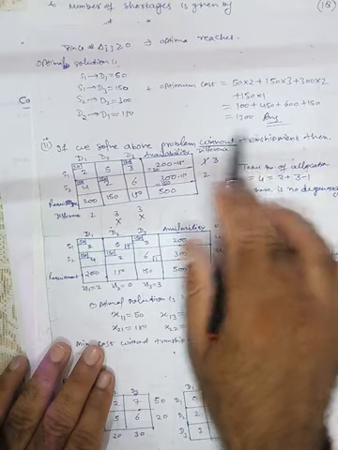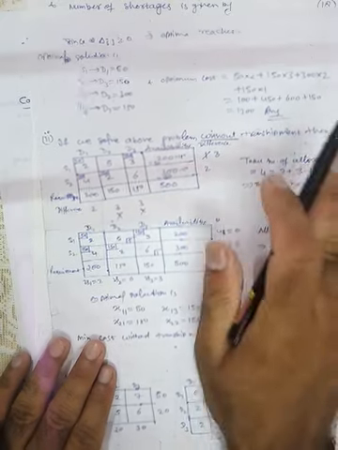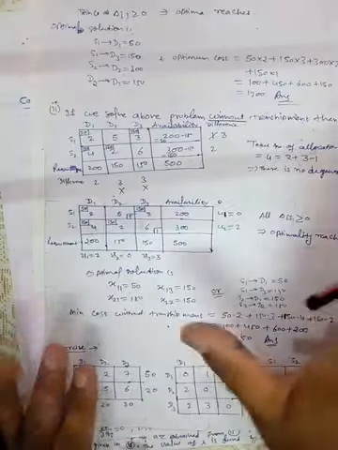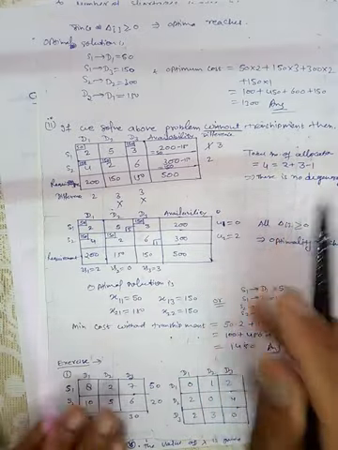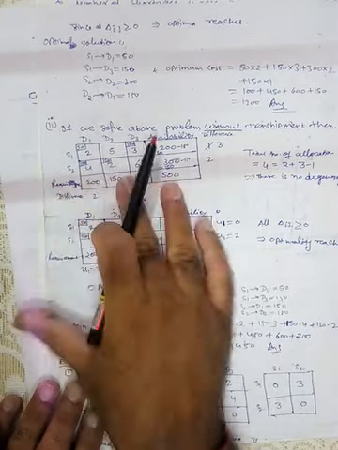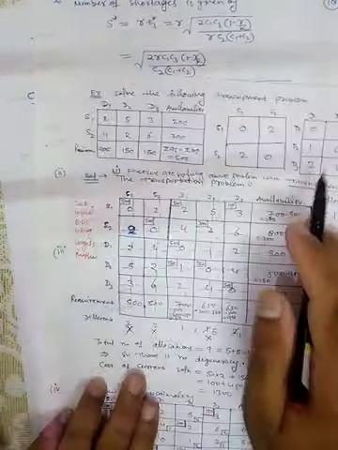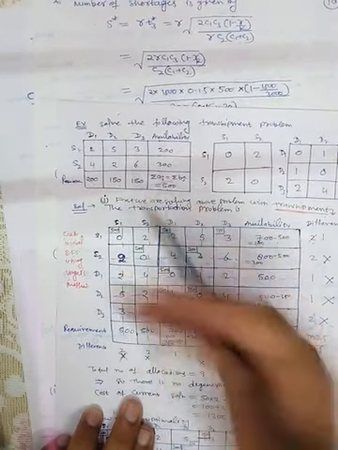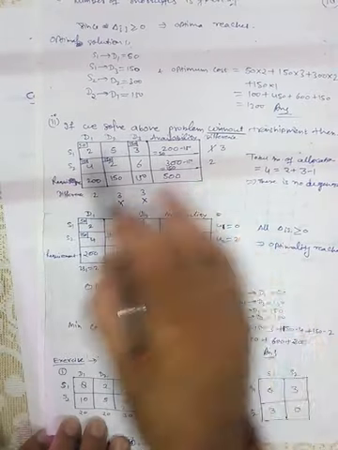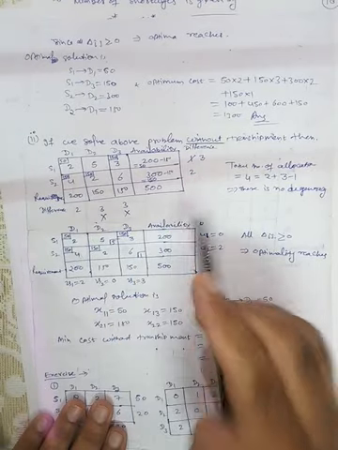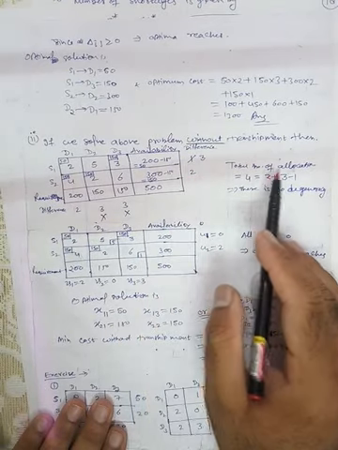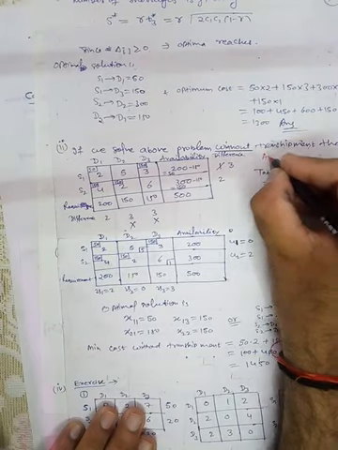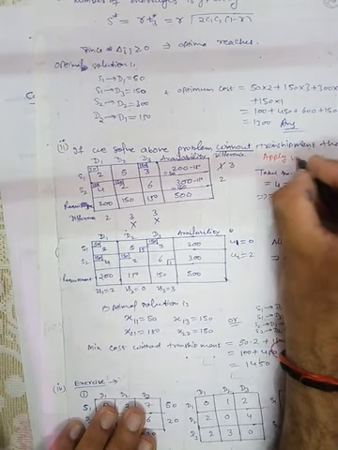The optimum cost is 1300. Fine. So this is the procedure. Now let's see the second part. If we are solving the same problem without considering this, considering only this part, then what will be the effect? So let's see. Here we have taken this part only, a simple transportation problem. Fine. Apply Vogel's method.